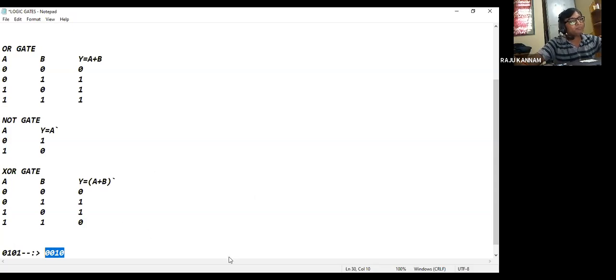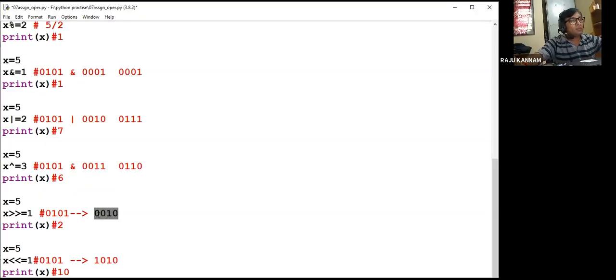Okay, so that's the reason we are getting 0 0 1 0. That means simply, we are shifting right, shifting every bit by one position, so the last bit will be lost, it will be dropped. Similarly left shift. In the left shift, instead of shifting right, we shift to the left.